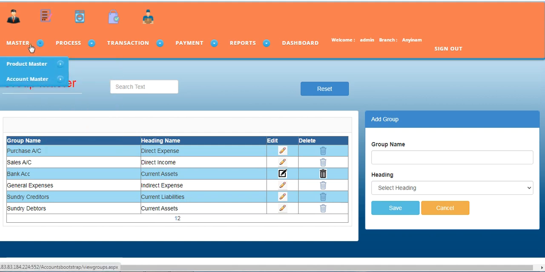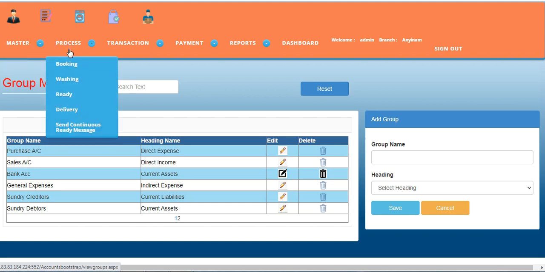It is a one-time process; you do not create or edit it each and every time on a daily basis. In case you have any changes in the cost or want to add any types of category, for example a hospital category, under it you may enter bed sheets, bed wraps, pillow covers, in case it comes in future. And if you want to change the rate, you can use these master settings at that time. Other than that, it's not required. You can skip to the process of booking.